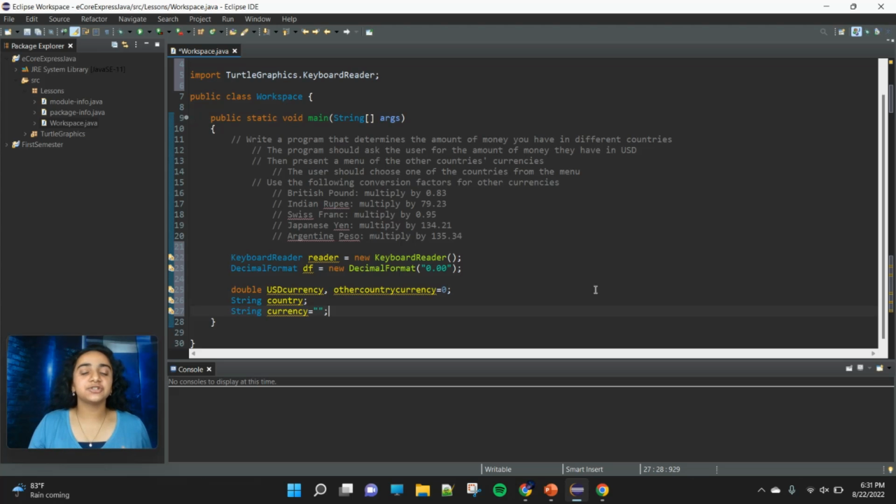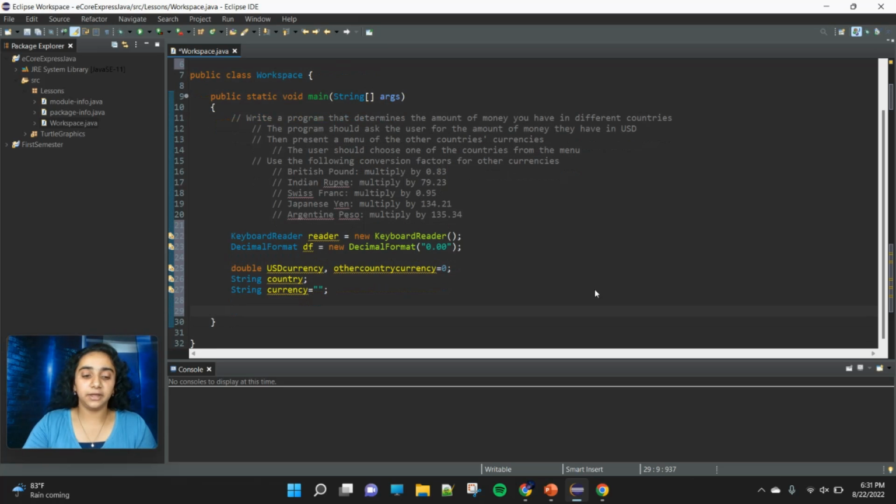to the user. So it's really just a measure of unit, and because the user isn't directly entering the currency, they're entering the country instead, the computer has to figure out the currency, so we also have to initialize the string. So to initialize the string, we're just going to put two open quotes. So these are our variables, and let's jump into writing the actual code that's going to be interacting with the